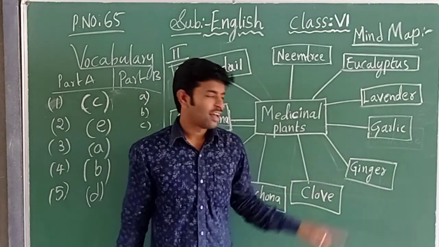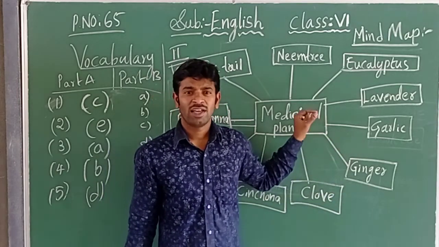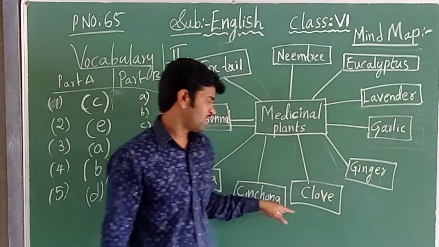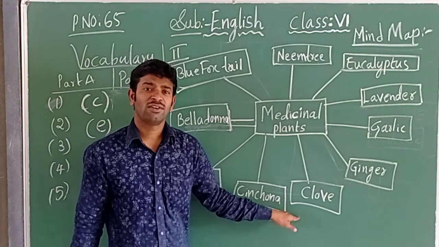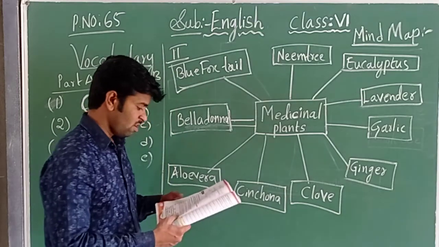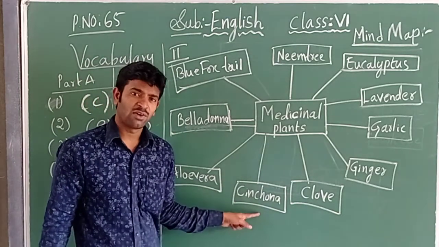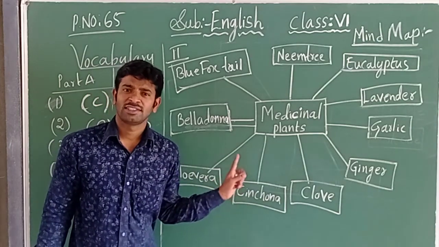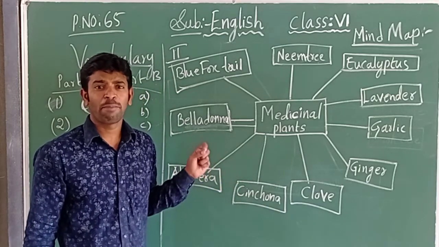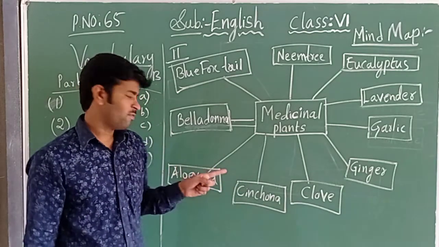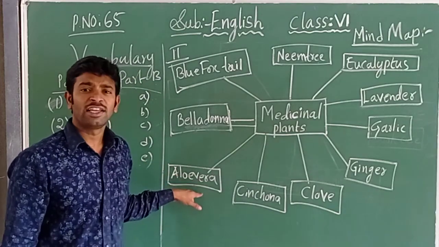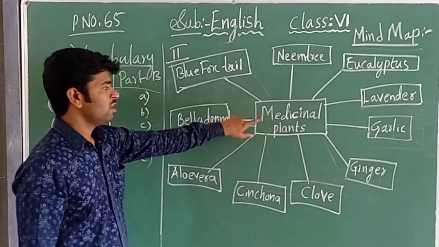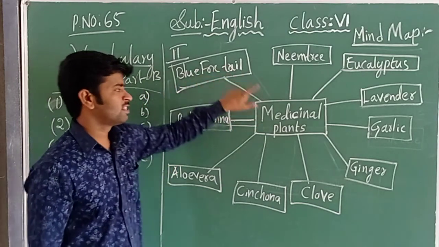Garlic and ginger. You will know garlic. Okay. Vellullipayal. You will know that one. Next one. Ginger. Everybody should know ginger. Next one. Cloves. Lavanga. Cinchona is also one medicinal plant. Aloe vera is also a medicinal plant. It is also used in cosmetics when we are getting pimples on our face or to become fair. We are using the aloe vera, and it is also eaten. Okay, it is also eaten in the villages. Next one, belladonna is also one medicinal plant. Blue foxtail is also a medicinal plant.